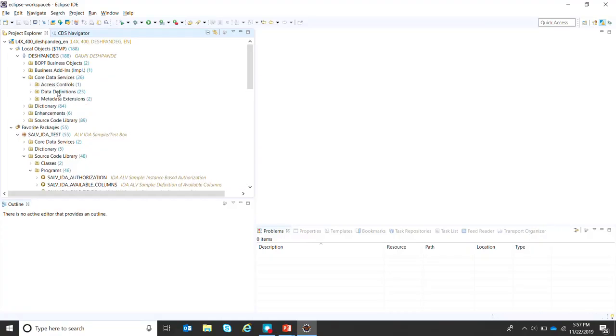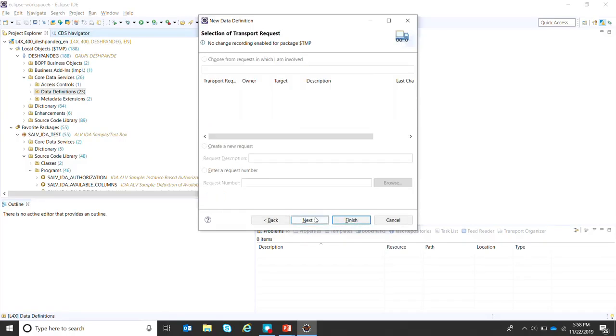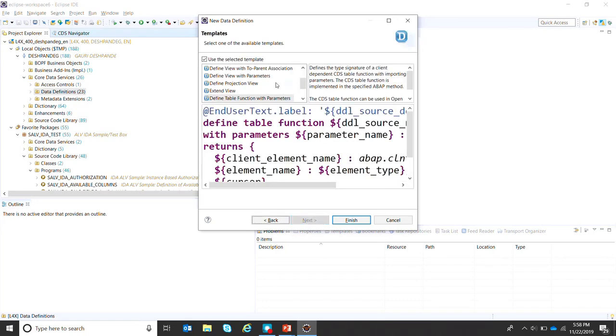I hope you remember how to create a CDS view. You have learned it in previous sessions. Right click on data definitions, new data definition, give a name, give description, click on next, again click on next, and I'm going to select